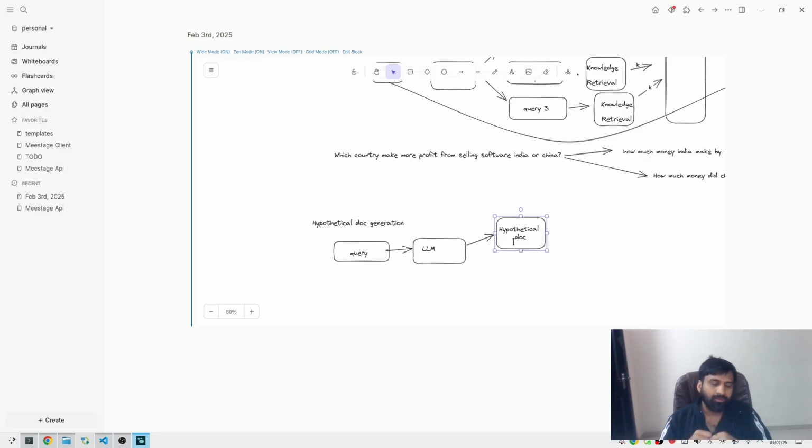But with hypothetical doc generation, when it generates a doc that looks like an economic report of software news, the chances of matching with the right document increase exponentially. Basically, at the end of the day, it increases your precision. What is precision? Precision is the number of relevant documents received divided by the total number of documents retrieved from the database. The LLM generates a hypothetical doc, and then this hypothetical doc is passed to the vector DB,